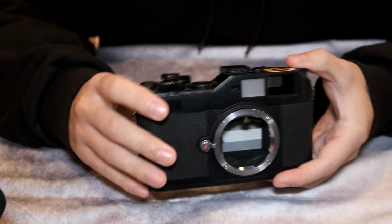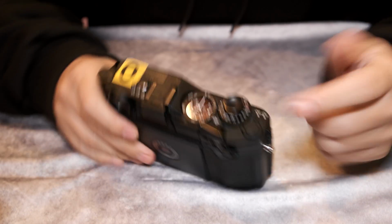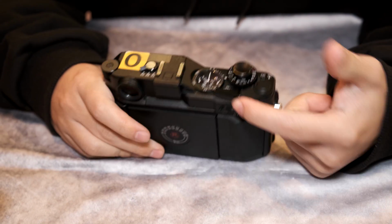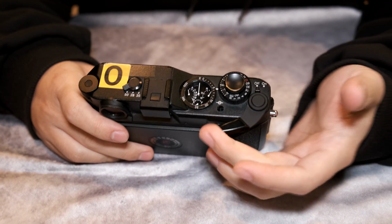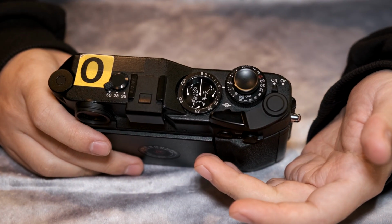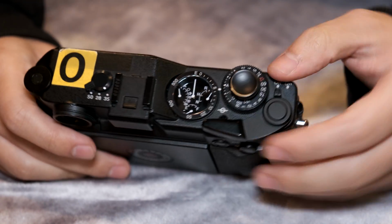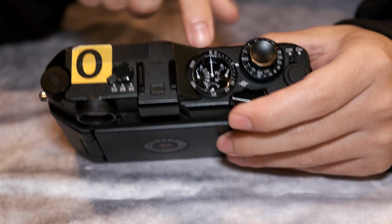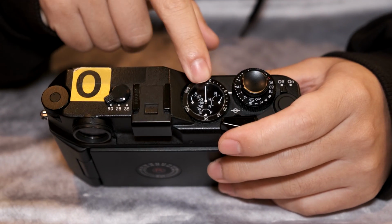Know what I mean? Okay, so this is actually functional. It just feels like a film camera. You have to wind and take the next picture, not like the M10-D, just for show. Oh my god. Okay, you have your analog-looking digital